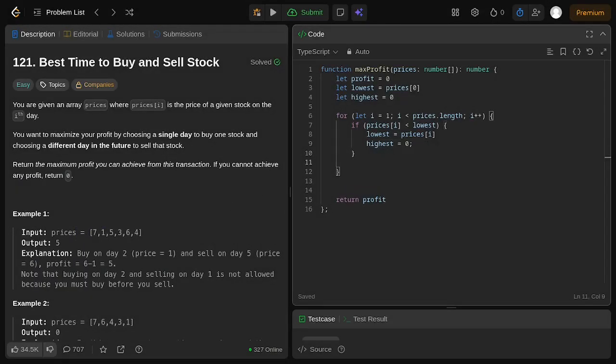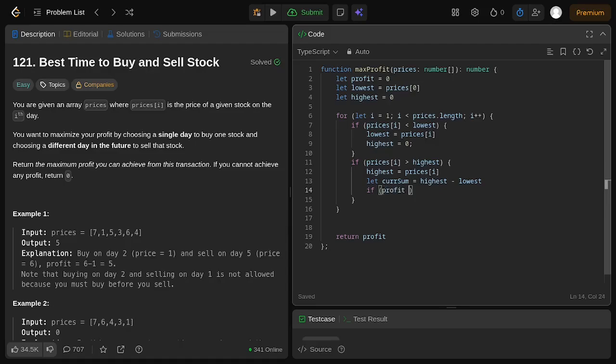And for the next if check, if the price at i is higher than the current highest, then we need to track the highest with the price of i of the current iteration. And next, we need to use a let variable, a temporary variable, for the current sum of the highest subtracted by the lowest. And next, we need to check if the profit is lower than the current sum, or the current sum is higher than the profit. If it is, then we need to set the current sum as the new profit, and we return the profit